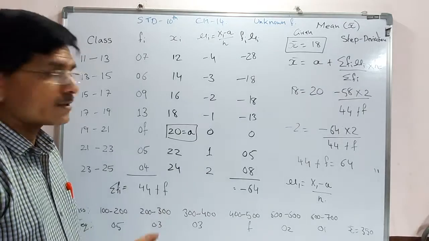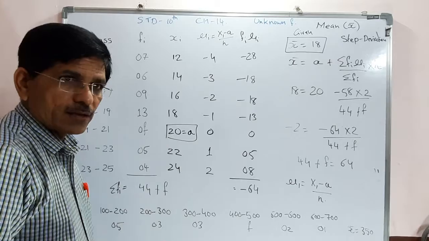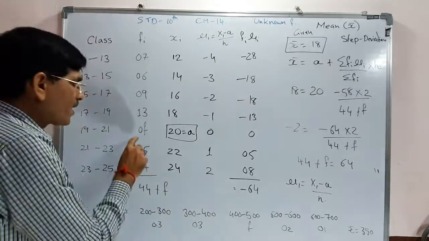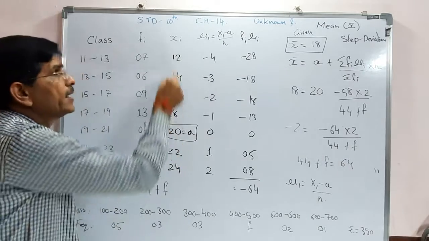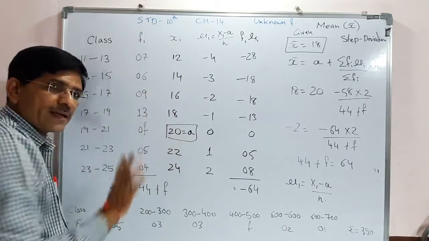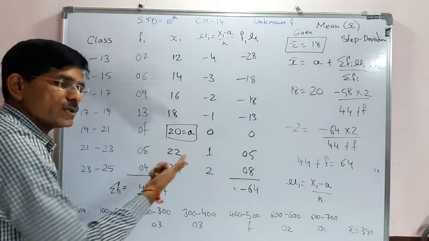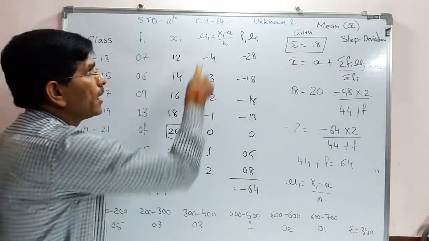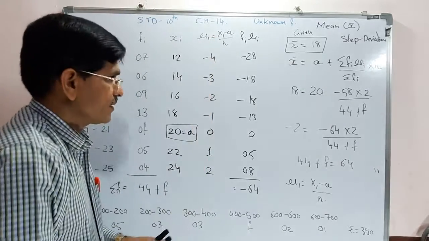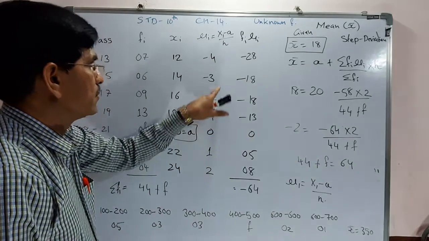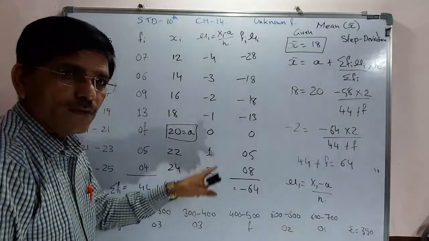But for such type of sum, don't use this method. Which method do we have to accept? Wherever there is an unknown frequency F, at that time the xi against it we have to assume as a. The xi in front of F we can assume as a. Again ui we can directly put 0 there, above it -1, -2, -3, -4, and below it positive 1 and 2.